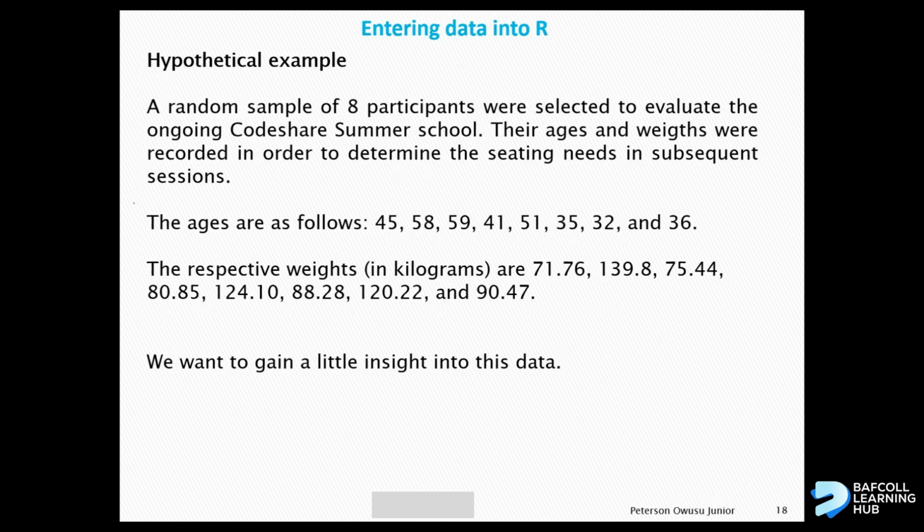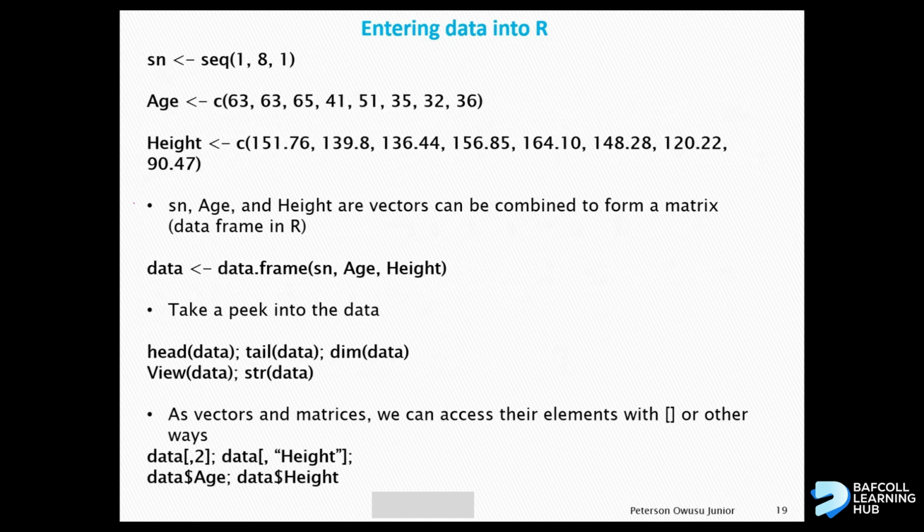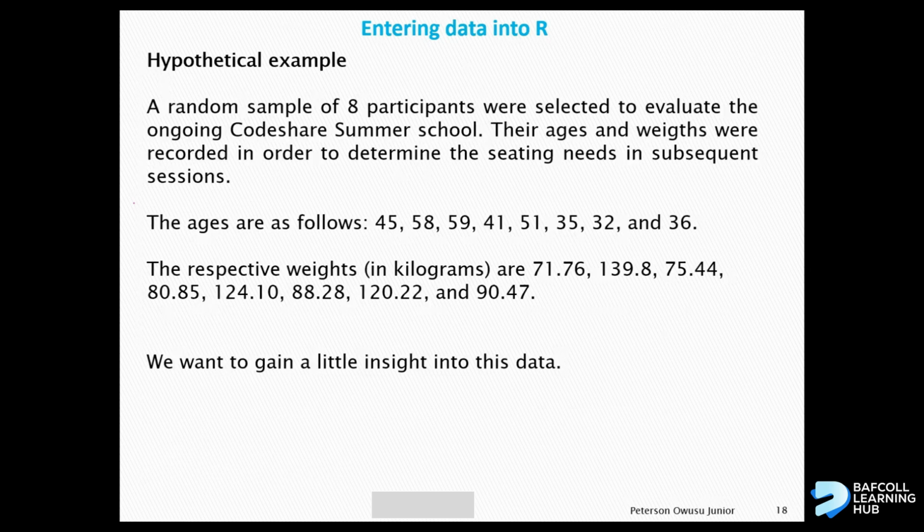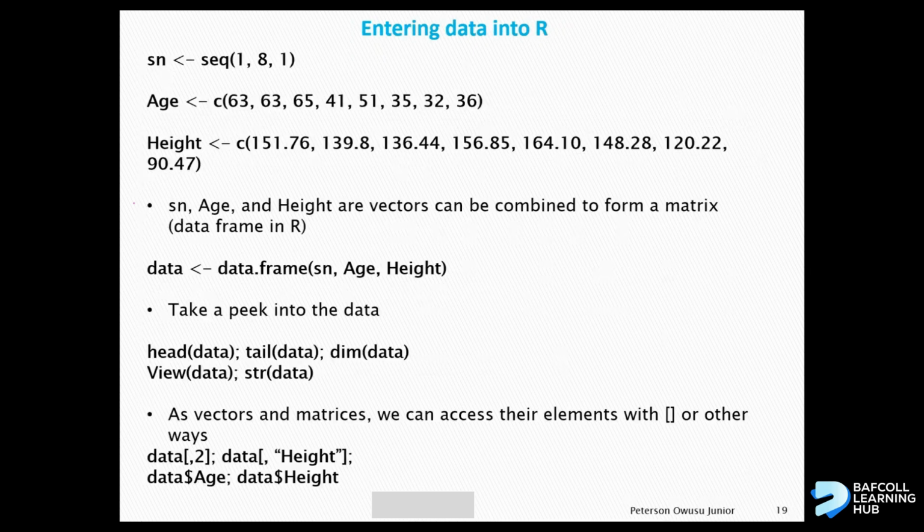So if you have a typical example like this data, you may want to enter it into R in this way. We'll look at them, but I just want to give you an idea of what is being done here. We'll create an object called age. Then we'll assign the data corresponding to age based on our scenario. We'll assign all the ages to an object which we call age, and we have about 8 of them, so we want to number them by a sequence of 1 to 8. And we also create an object called height based on the data.